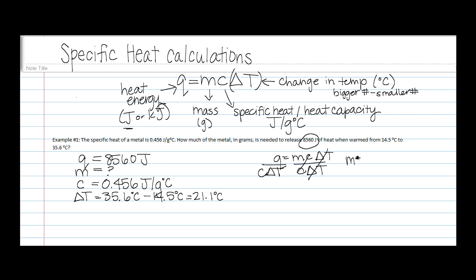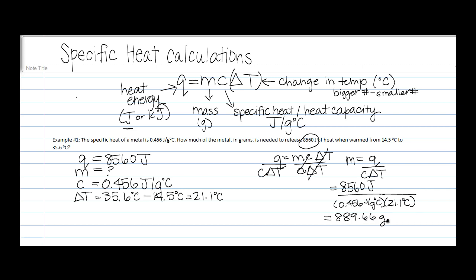So M equals Q over C delta T. So now I'm just going to plug in my numbers. I have 8,560 joules divided by 0.456 joules per gram degrees Celsius and 21.1 degrees Celsius. Okay. And when I put that into the calculator, I got